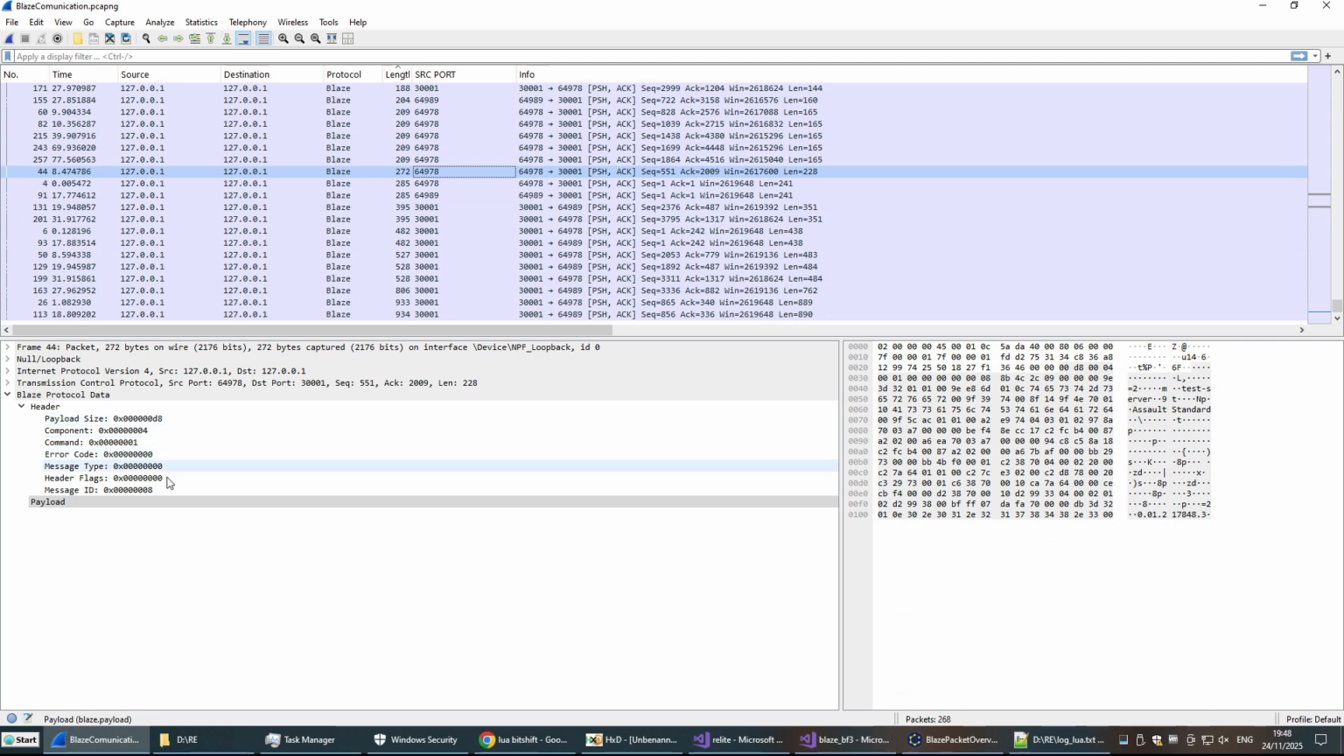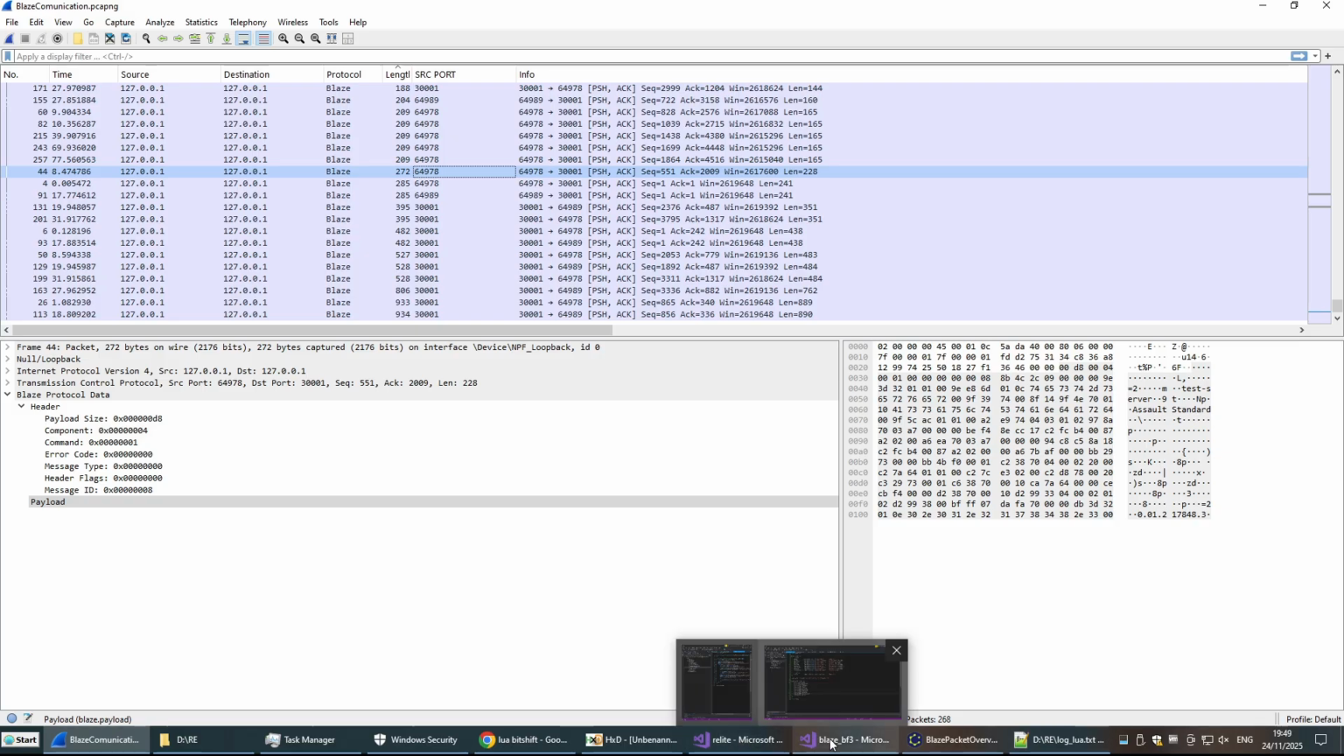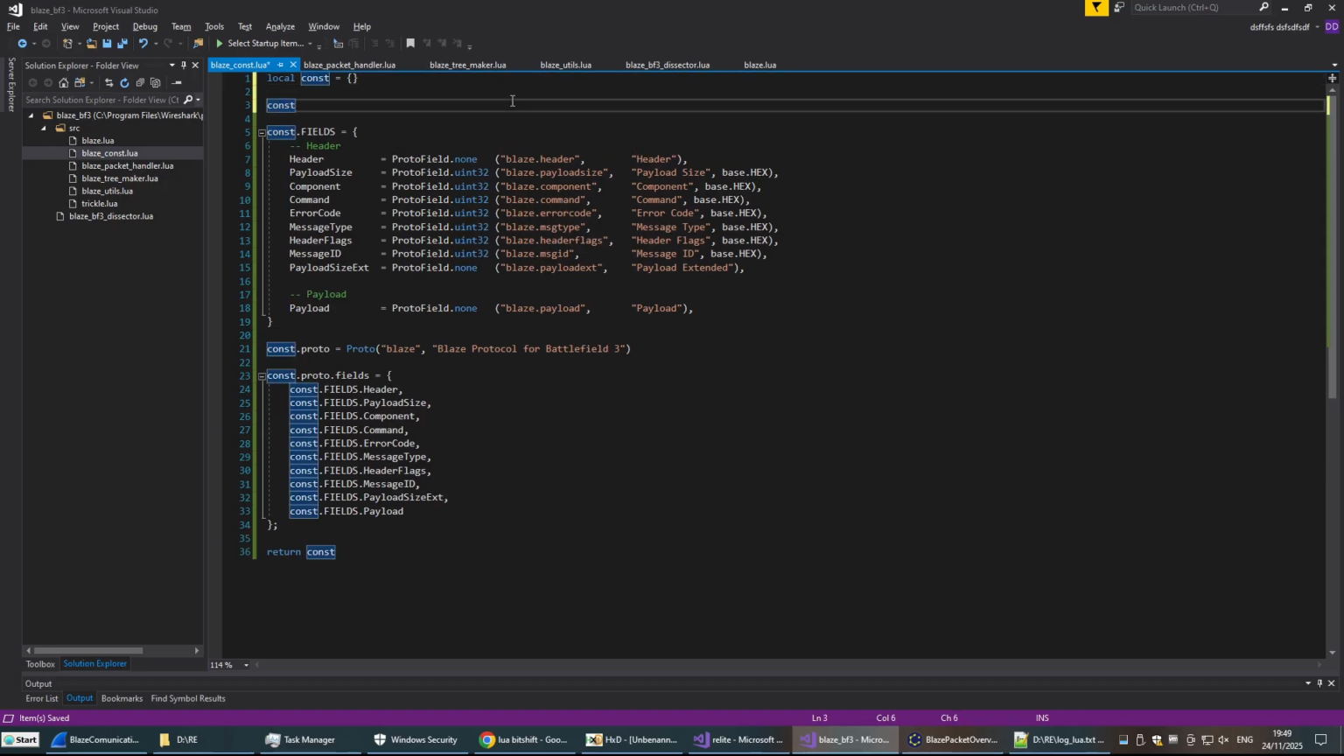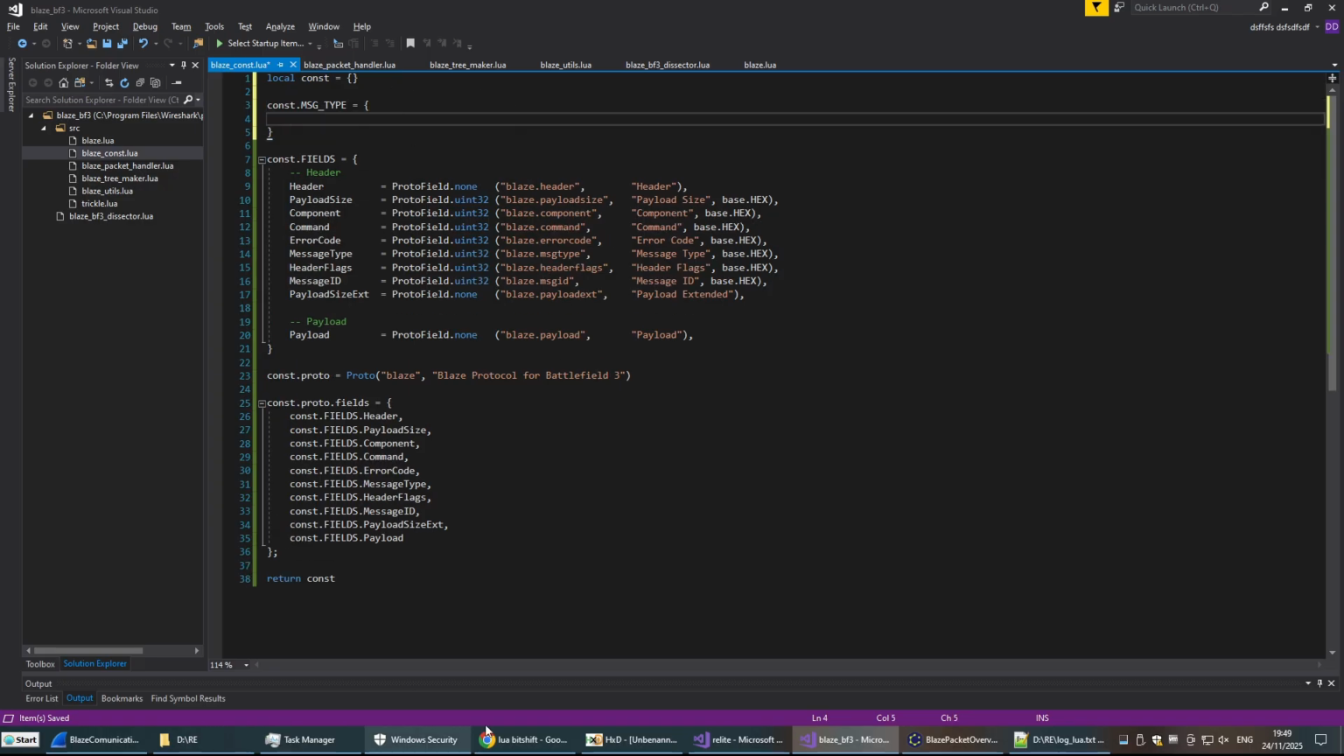These values actually mean something, so let's decode them and write some readable text here before we get to the payload. First off, we need more constants. So these are all the fields. Const message type. So I don't know everything, so